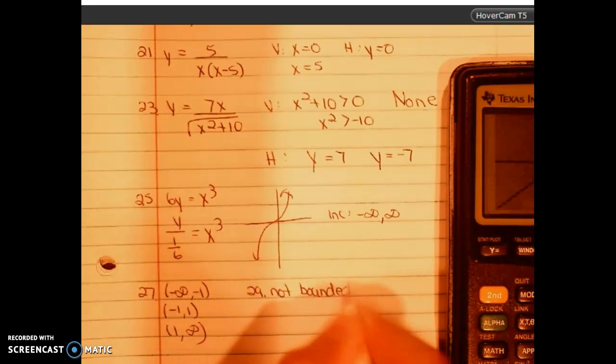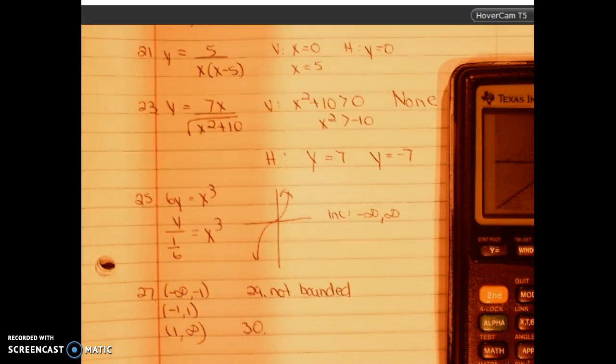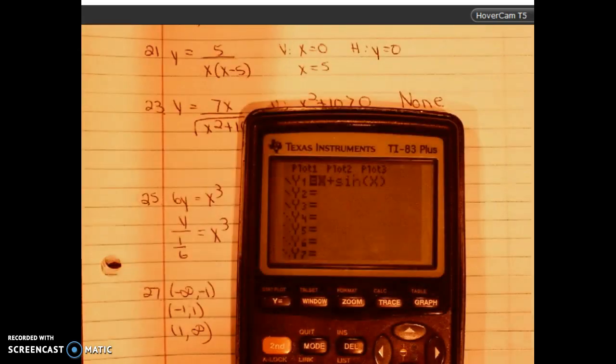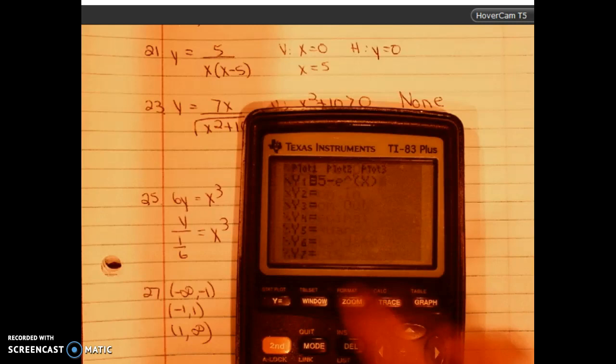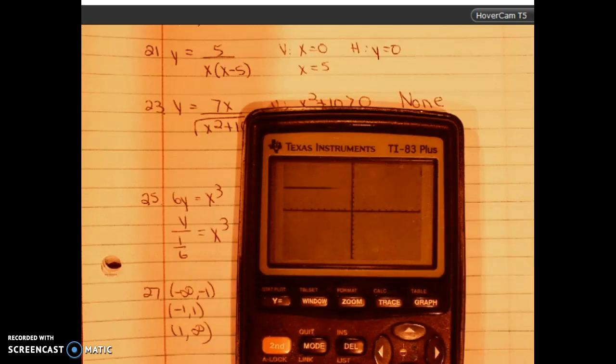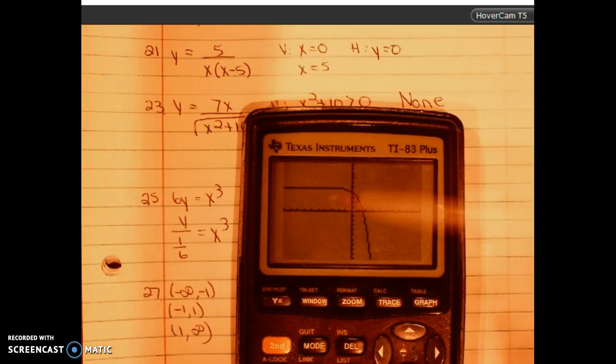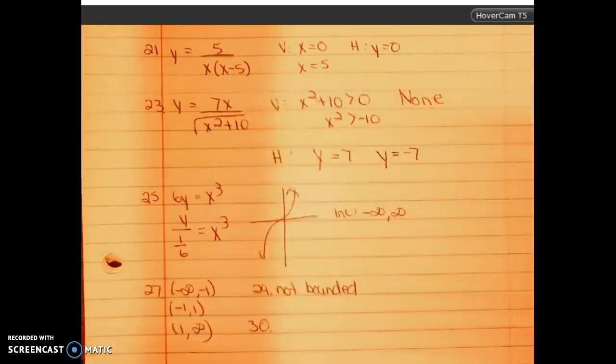I'm looking at number 30. Let's go try that one. So y equals, that E button should be near the natural log. It is to the x power. And now this one, if you notice, it does have a ceiling to it. It looks like it's right there, which makes sense because in this case, it has been shifted up 5. So on 31,